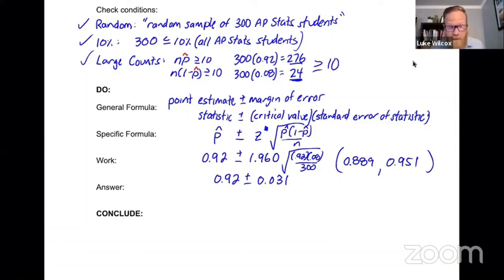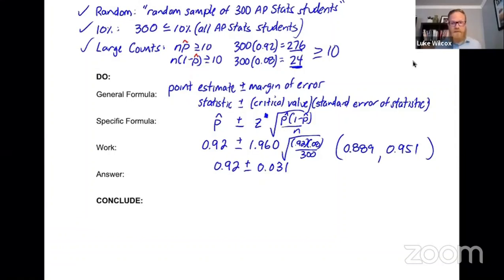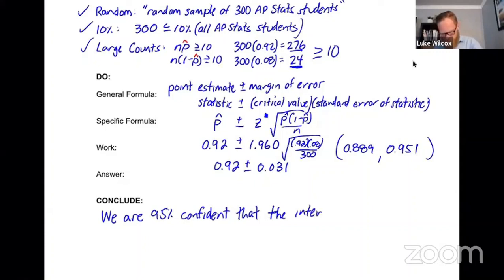And we are ready to make a conclusion to interpret this confidence interval. And there's a pretty standard interpretation that we're going to use anytime we're interpreting or making a conclusion for a confidence interval. And here's how it's going to start. We are 95% confident that the interval from, and then we need to give our interval here, 0.889 to 0.951, captures